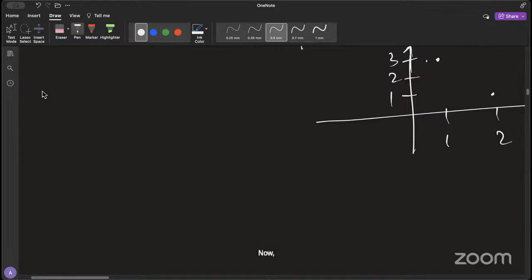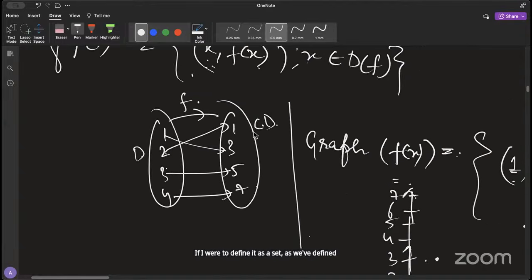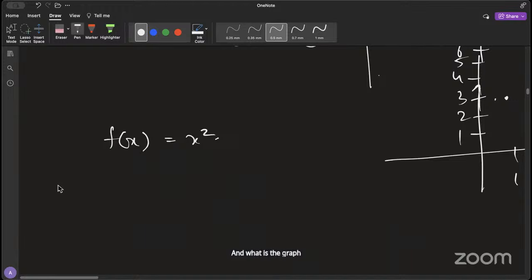Now let's say you have a function f(x) equals x squared. What does the graph look like? If I were to define it as a set, as we've defined it here, then what is the graph of this function? Let me call this g(x). Then the graph of g(x) will be,